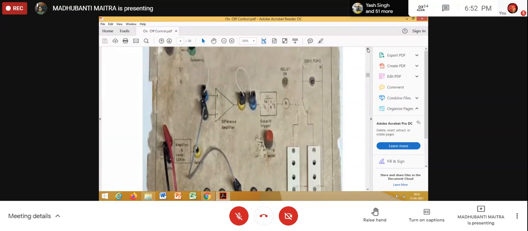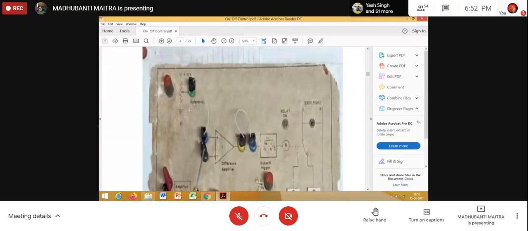Now this is our input transducer, that is a potentiometer, right? Plus 10 volt, 0. So we can vary the value from 0 to plus 10 volt, and this is the knob with the help of which the position of this jockey can be changed, and this is the terminal from which we'll take the voltage. Now the voltage, that means the reference input voltage.